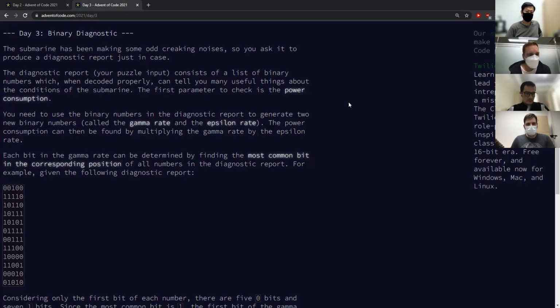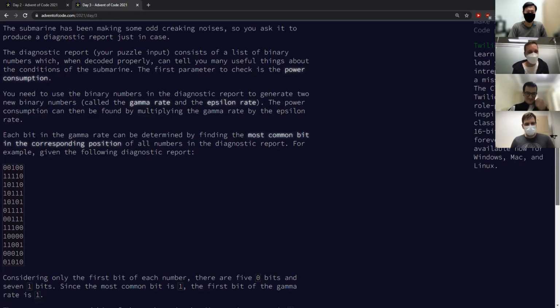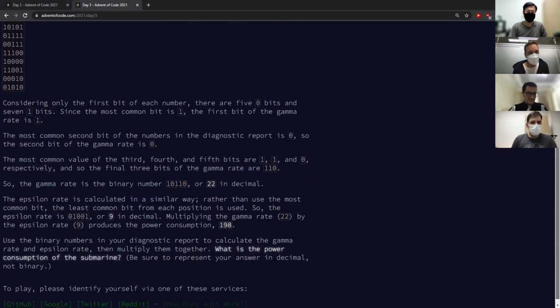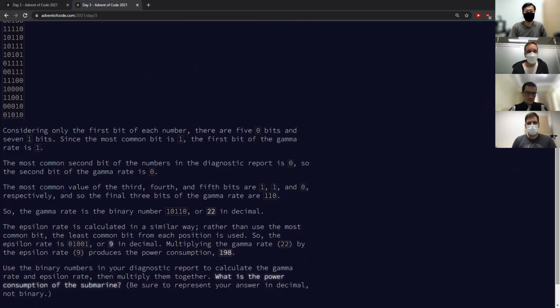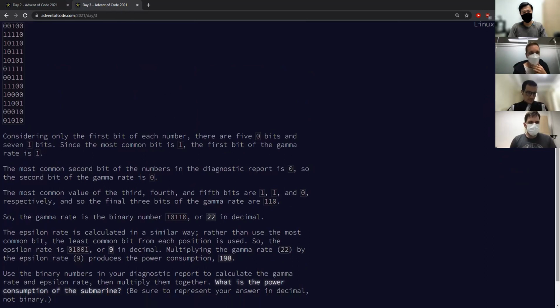For example, given the following diagnostic report, 00100, 11110, 10110, and so on. I'm not going to read a bunch of binary. Can you scroll up a little bit for me? Considering only the first bit of each number. So let's scroll up, see that first number a little bit. So that first number, 00100. If we're only looking at the first bit of that, well, it tells us there are 5. If we only look at the first bit of each number, so of each row, we're going to look at the first bit. So that'd be